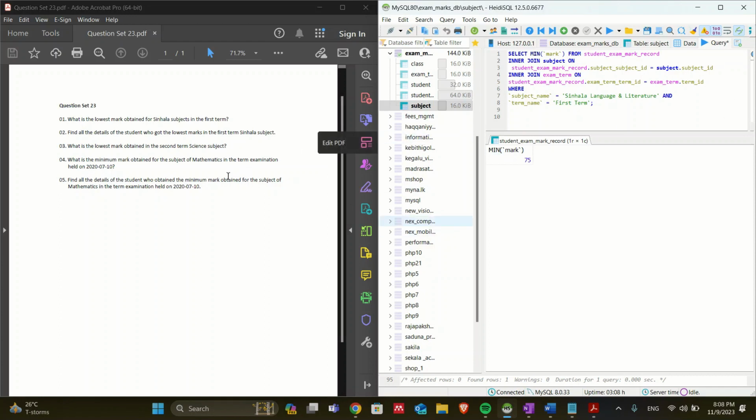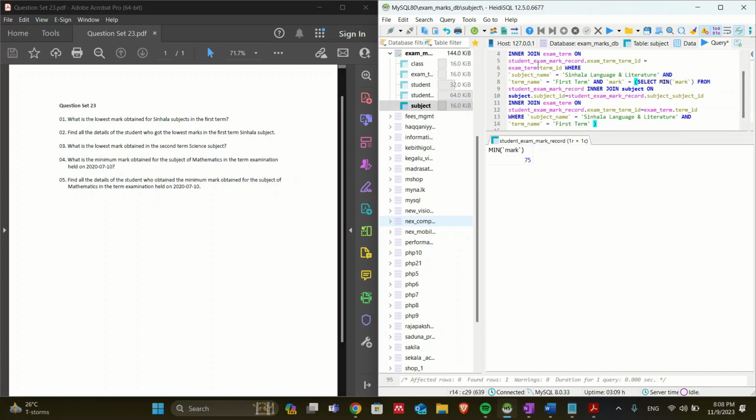Let's go to the second question. Find all the details of the students who got the lowest marks in the first term Sinhala subject. To get all the students' details, I'm going to use another query. I'm going to use inner join exam term and